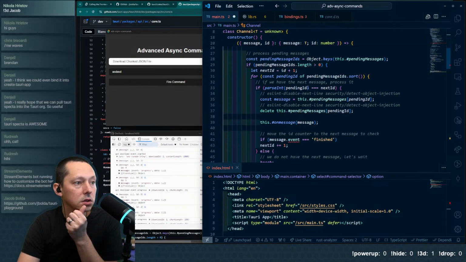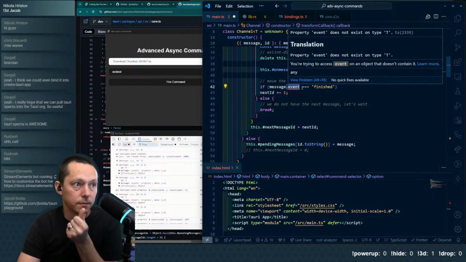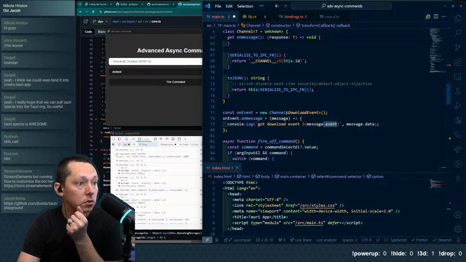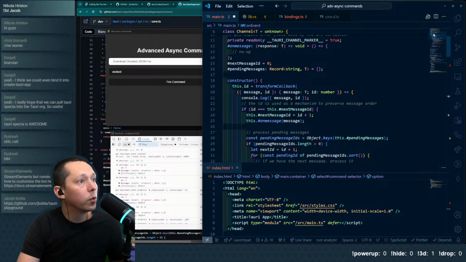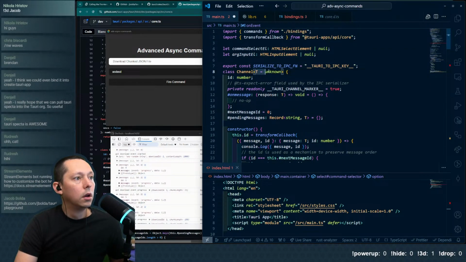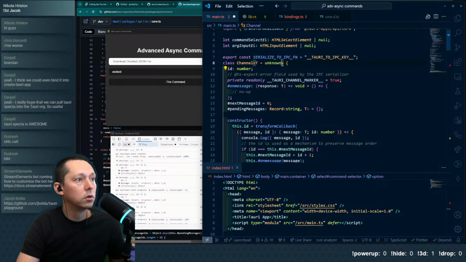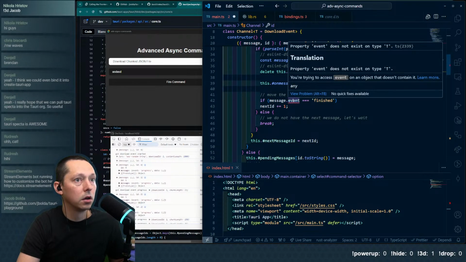So we can't say that it's going to have an event property, because in our case it happens to. So we could go like this and it would work. That is not applicable to every case though. So we can say here T equals download event. So if they don't specify it, yeah, it does not exist on type T.